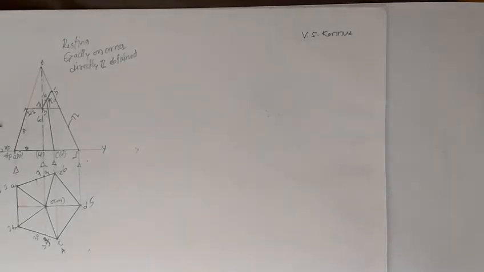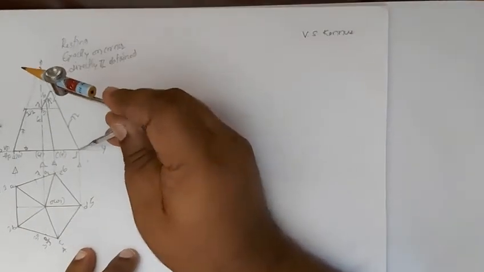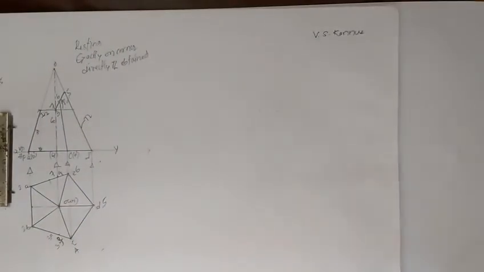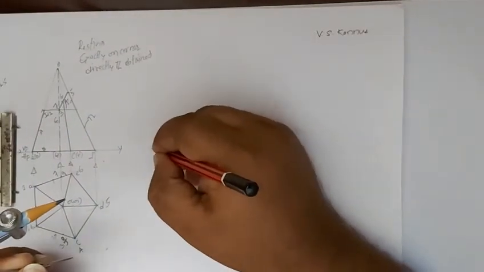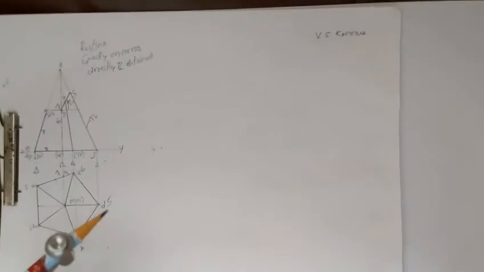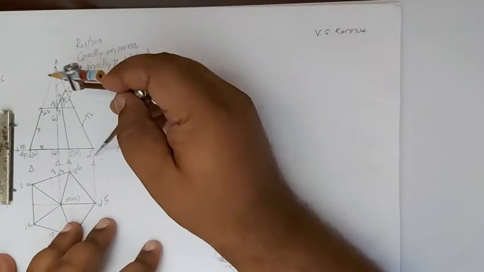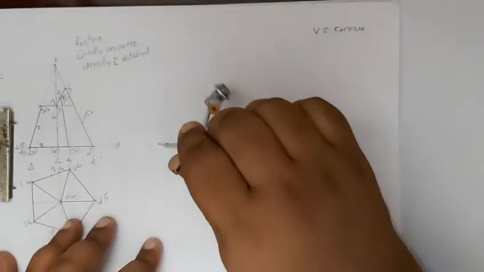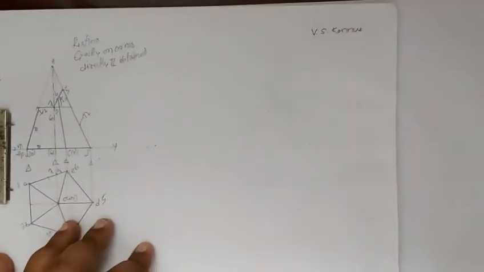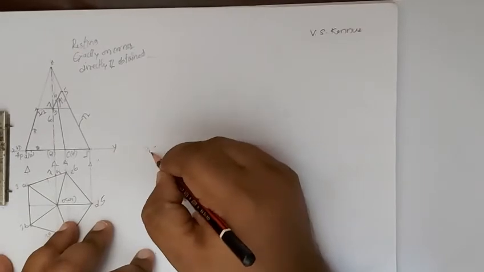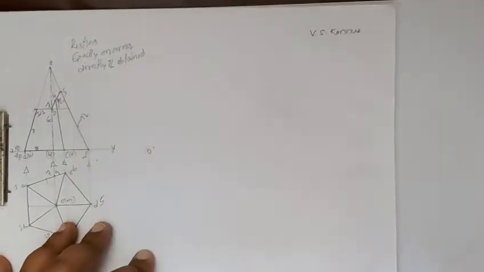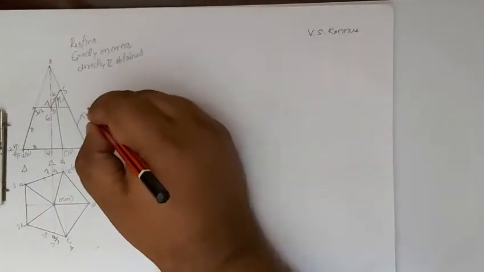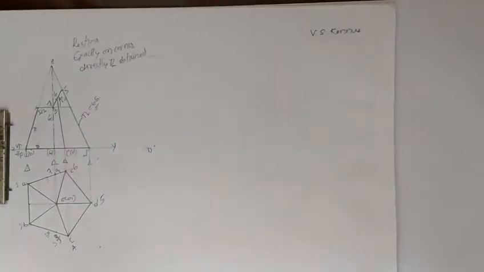Now we'll draw an arc. We'll take the distance D to O, right? D to O I have taken, and I'll mark it somewhere. Then the distance which I have taken, O to D, keeping the compass at this point, we'll draw an arc, and this point I'll call O. This is the true length I have taken. Whatever the true length is, don't think about that. It will be 65.2. I have taken the same length, 65.